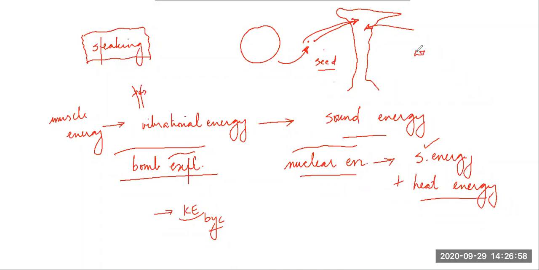Ultimately water, then sunlight, then fertilizer, then nutrients in the soil. So it collected energies from all, and ultimately those energies got converted into mass, such a big mass of banyan tree. So it's always conversion of energy from one form to another form. That is the law of conservation of energy.